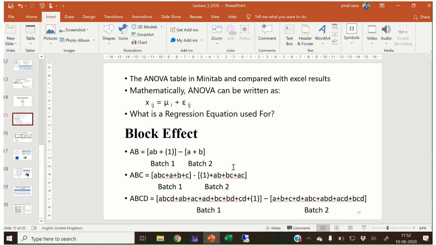In the 2 raised to 4 factorial design, some variables make a positive impact on the response variable, whereas some others make a negative impact. So this block effect will help us to know whether a particular variable gives a positive impact or negative impact.